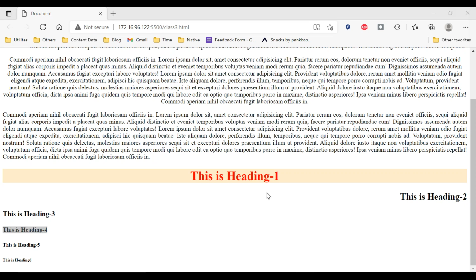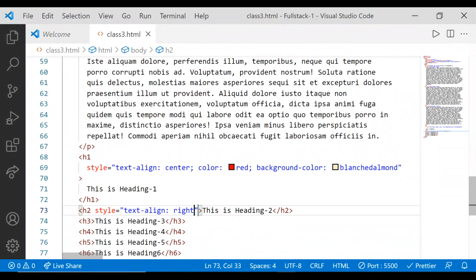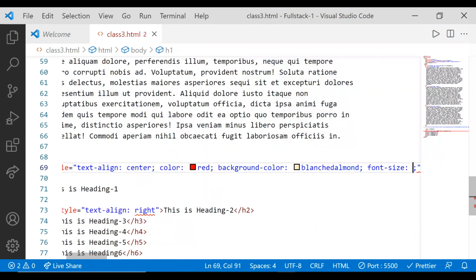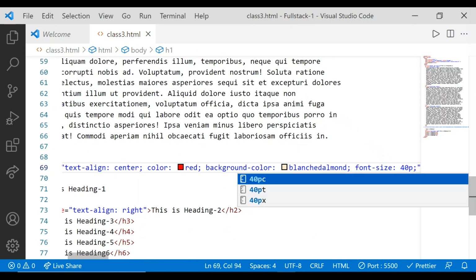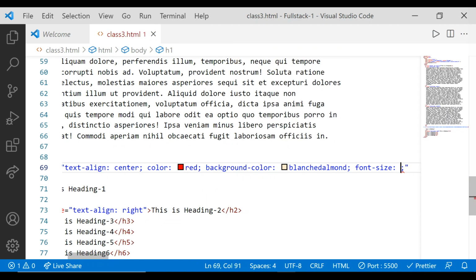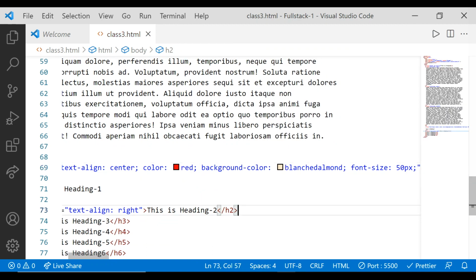Okay, now you can also change the font size of any heading, even the paragraphs, anything. So how we can change? It's a doubt from the student end, so I'm explaining the doubt as well. So let's go back to here. If you want to change the font size, you have to just go at the end of the font color. Okay, and here I'm adding the semicolon after the last property, and I'm writing font size to be, say, I'm giving it in pixels, so I'm writing 40 pixel. Okay, or you can just write, I'm going to write 50 pixel.